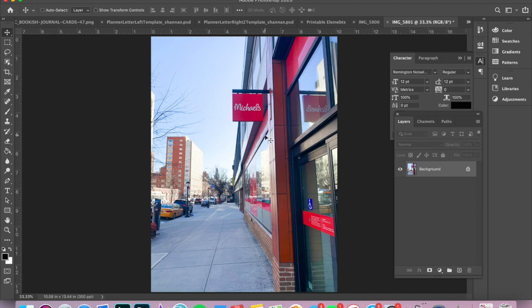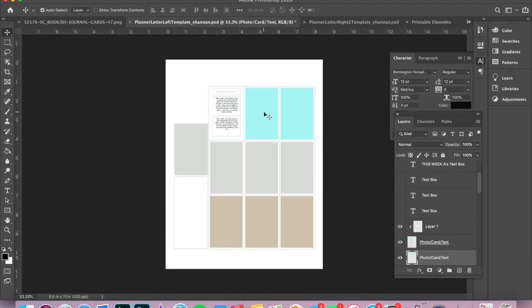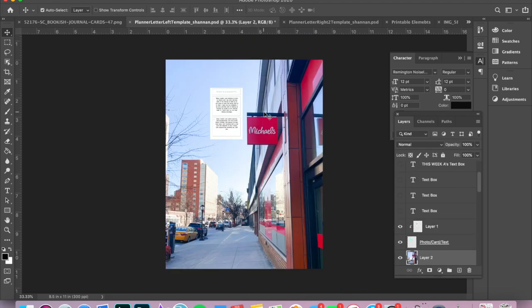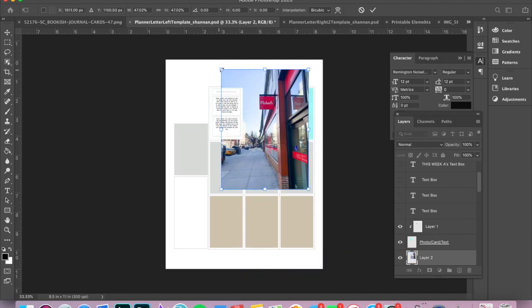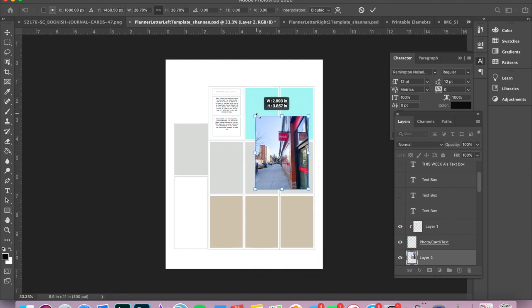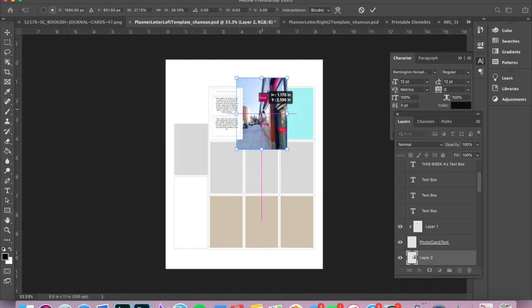But let's say I got this picture of Michael. Same thing, Command A, Command C, you drag it back here, you paste it. It's now huge. So then you've got to resize it, and this is going to just take forever. The thing I've learned is that when resizing things, holding down the Shift key keeps the original ratio of the